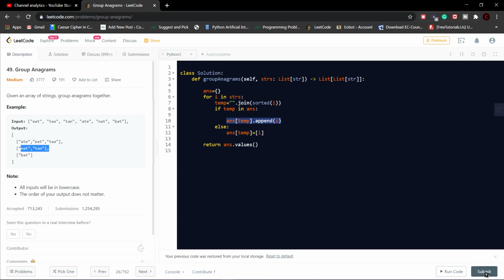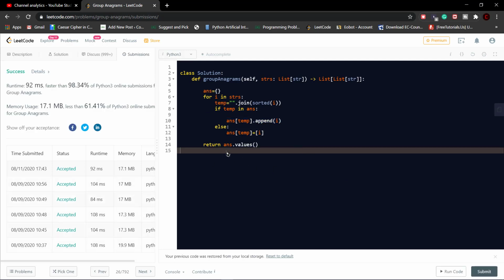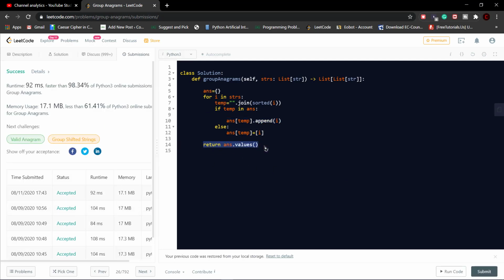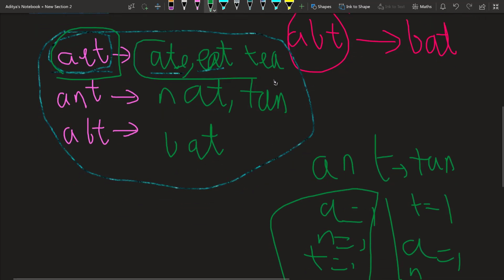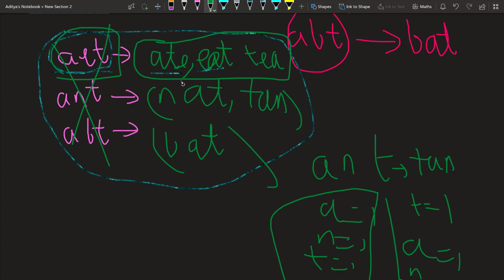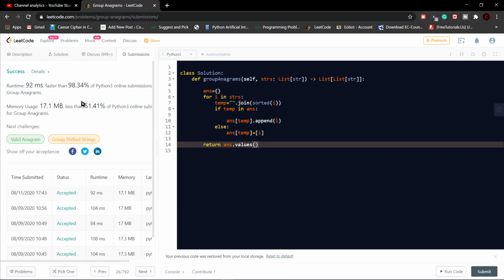So let me just click on submit code and let us show. And once our dictionary is filled, we basically need to return these values. And what these values are basically going to return, let me show you. Our values are basically going to return this AT, TAN, BAT. So it is basically going to return all the values, because we don't need to worry about the keys, we just have to return all those values, and this will automatically create a random array of these random arrangements, but we don't need to worry about this particular order, so this code gets successfully executed. This answer.values is basically returning it in array form.